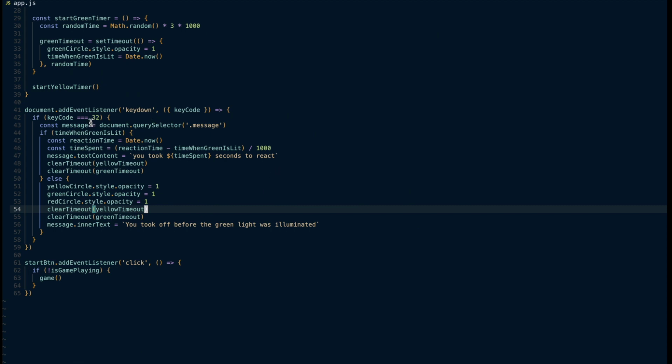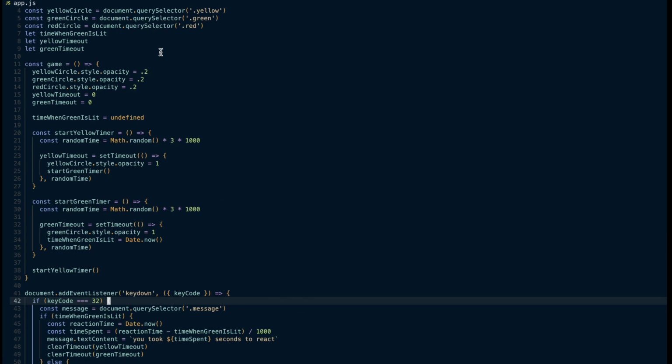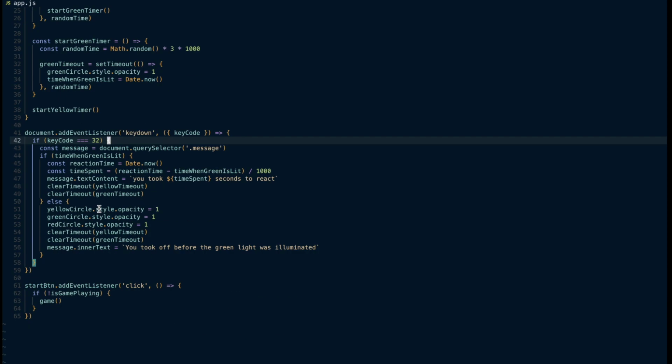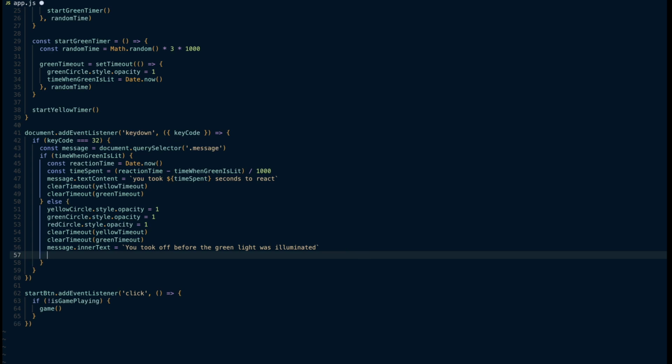So let's think about this. We click the button, we come in here, this runs, and then we click space, and then it comes down here. We check, is it this? Yes. Is time when green is lit? There wasn't, so we're going to break down here. We're going to turn them all illuminating. We're going to do all this, and then I think what we probably want to do is